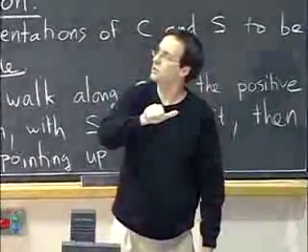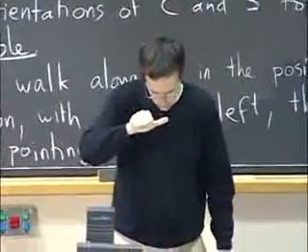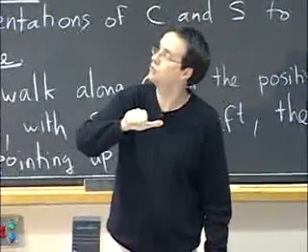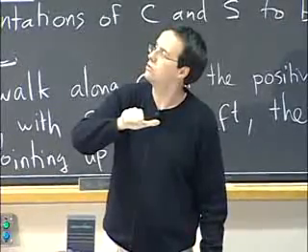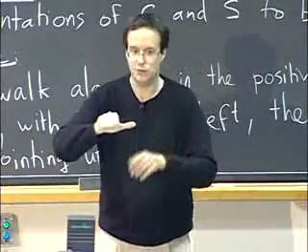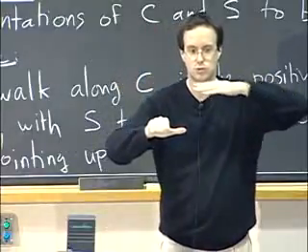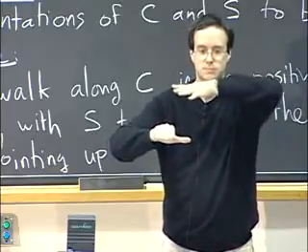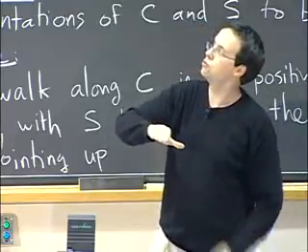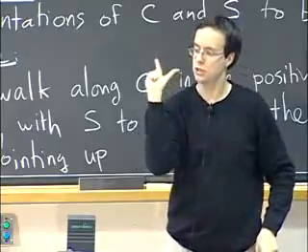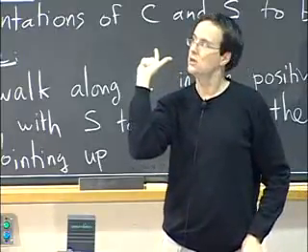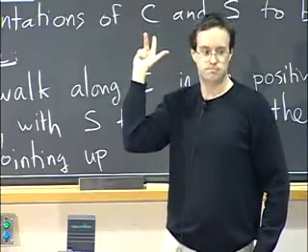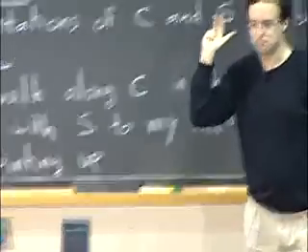Then I want my index finger to point towards the surface. So towards the interior of the surface from the curve, right? When I'm on the curve, I'm on the boundary of the surface. So there's a direction along the surface that's the curve, and the other one is pointing into the surface. So that one would be pointing kind of to the back, slightly up maybe, okay? So like that. And now your middle finger is going to point in the direction of a normal vector. That's up, at least if you have the same kind of right hand as I do.